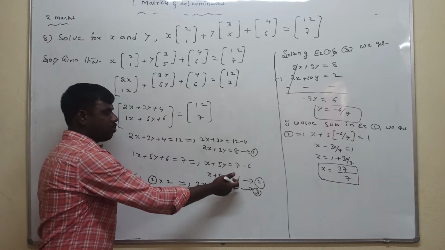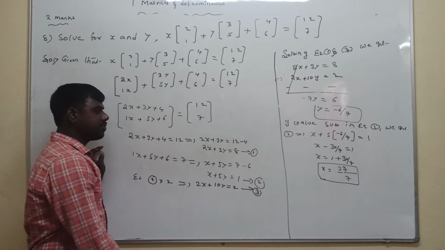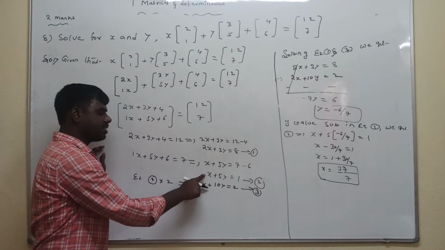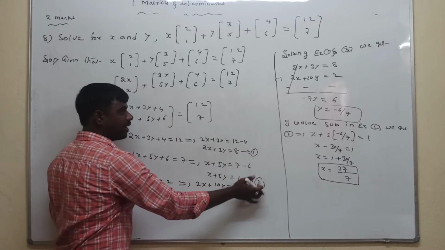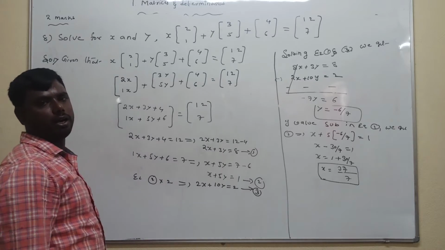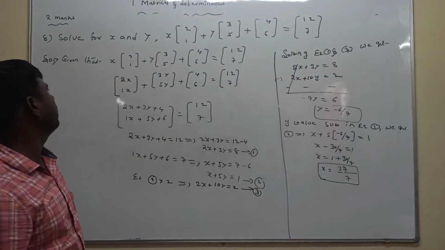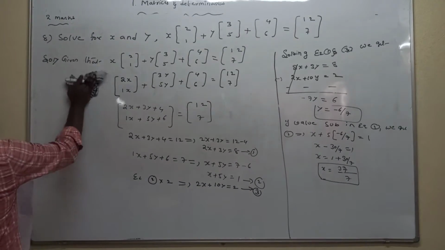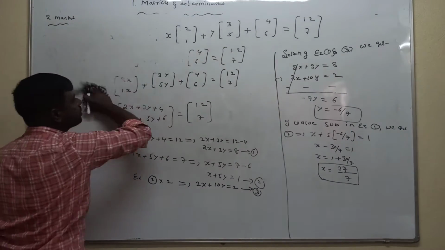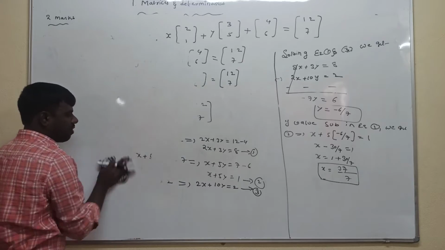Now solving 1 and 2 using the elimination method. The x coefficient 2 is there, here only the x coefficient 1 is there, here also we want 2, that's why multiply with 2. After solving 1 and 3, we get the x value and y value. These are the required solution for the 8th one. Next we are going to the 9th one. I think everyone understood how to find the x value and y value in this question.